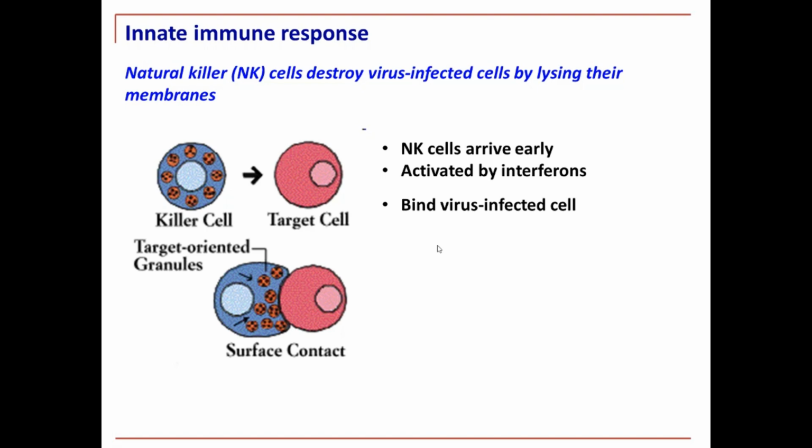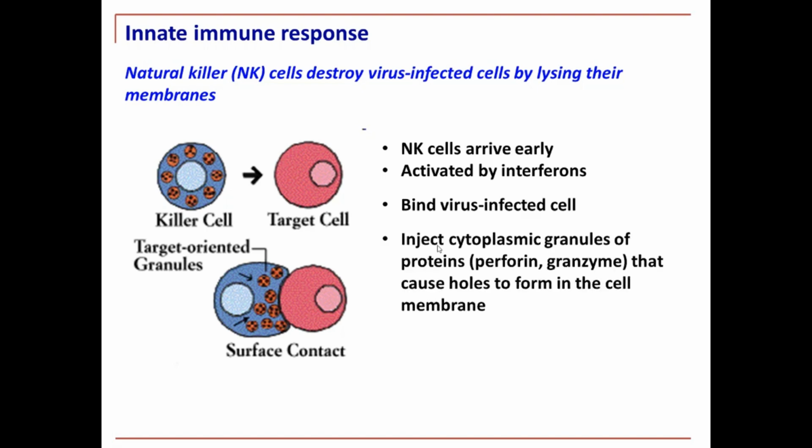So they go on to bind the virally infected cell. They inject some cytoplasmic granules of proteins, so perforin and granzyme, and those two things together basically cause holes to form in the cell membrane. And remember, it's a virally infected cell. And so therefore the cell dies by apoptosis, so programmed cell death,